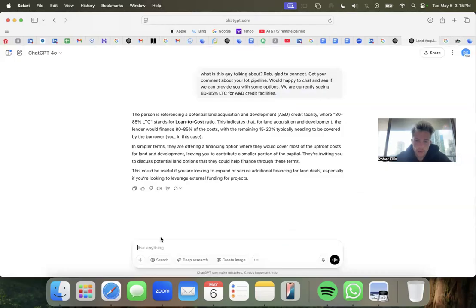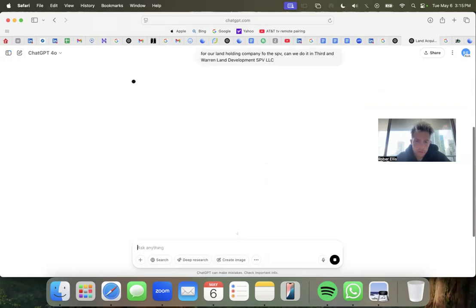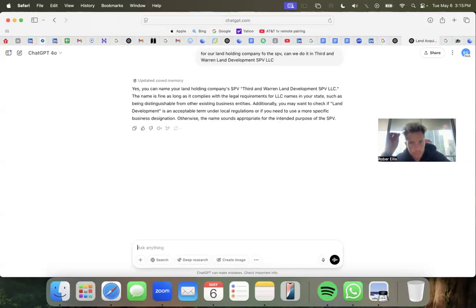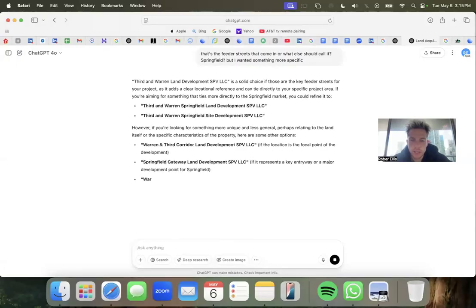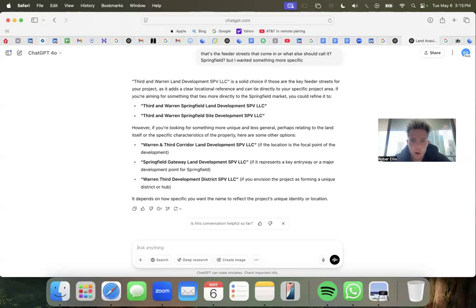So I was going to say, for our land holding company, for the SPV, that's the feeder streets that come in. Or what else should I call it? Springfield, but I wanted something more specific, as it's a clear locational reference that can tie it. If 3rd and Warren,